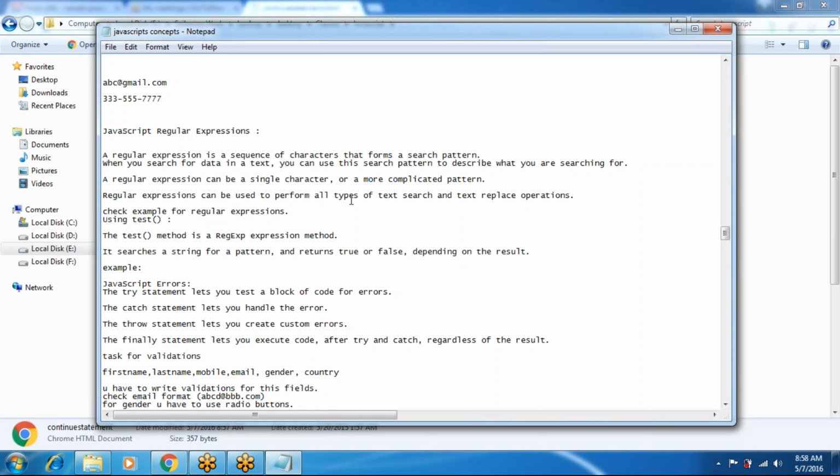Some rules must be followed: you have to enter one capital letter, one small letter, and one special character or symbol. Otherwise it will display an alert box like that. So you can display such alert boxes using regular expressions, to check the user input against a pattern.